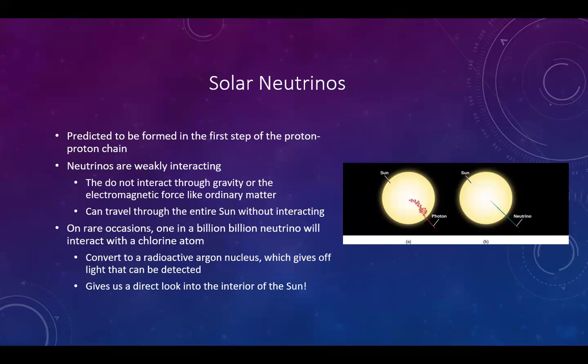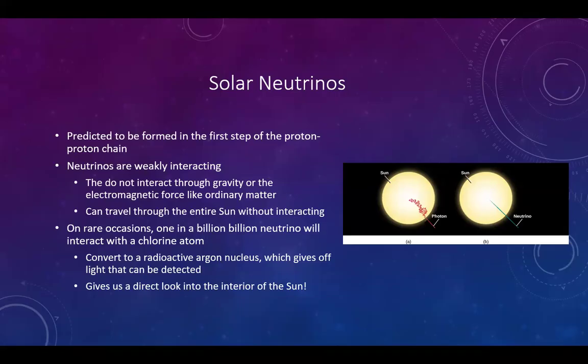So they don't interact particularly through gravity or the electromagnetic force like ordinary matter. They do interact through gravity, but they have barely any mass, so they have minimal effects through gravity. And they don't interact with the electromagnetic force. That's the important thing, or the strong nuclear force. And so they can travel through the entire sun without